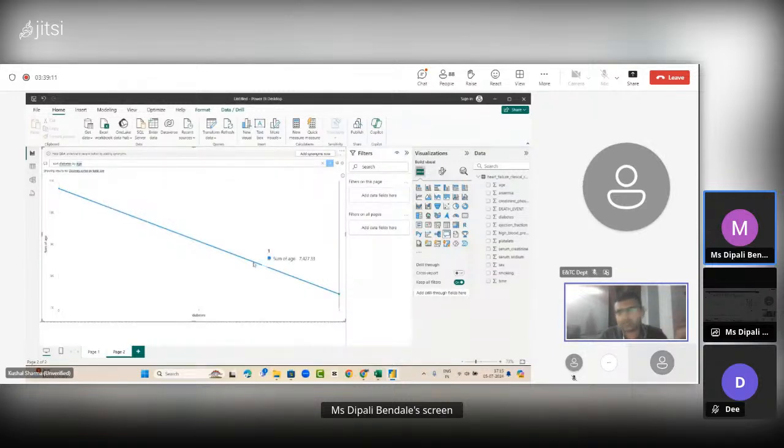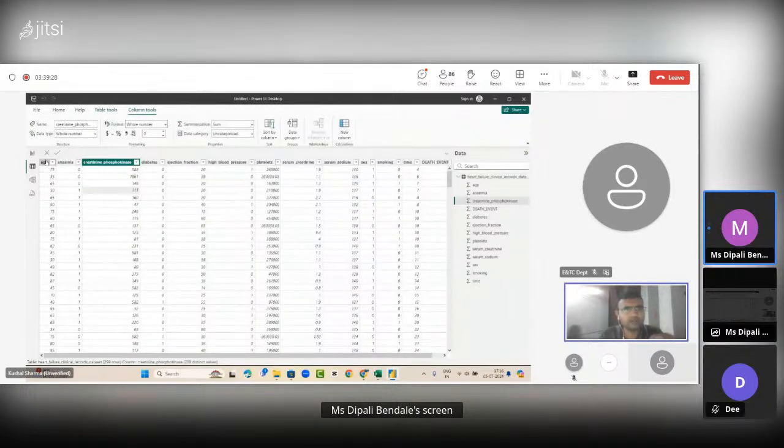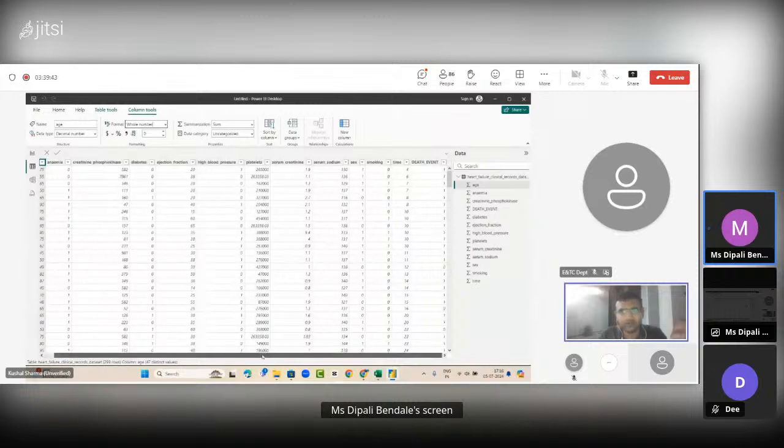It is taking sum of age. I will have to change that. One more thing: all of these, you see, are considered as summation, summation, summation. So I'll go to this particular page, and here I'll see what the format is. It's general, so I can change it. Whether it is whole number. Mostly, if you see, they are numbers only, but I'll convert a few of them. It's written whole number, but I'll